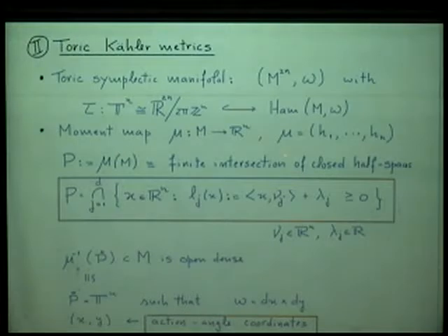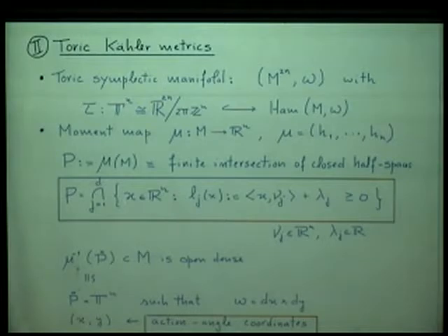So each of the S1 pieces of this action is generated by some Hamiltonian function. And if you put together the n Hamiltonian functions that generate the torus action, you get what's called the moment map. You get a map from your symplectic manifold to Rn. You see that these must be very special functions. They generate circle actions, and they commute with each other in terms of Poisson bracket. So they are very special,